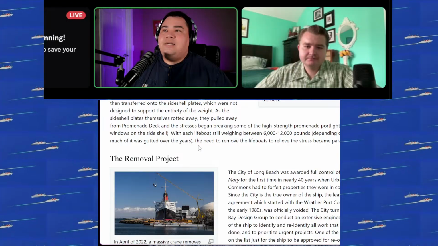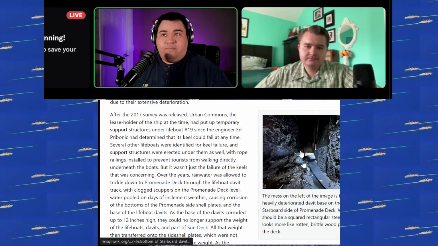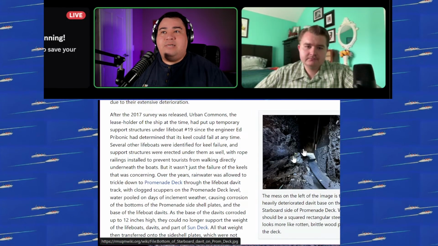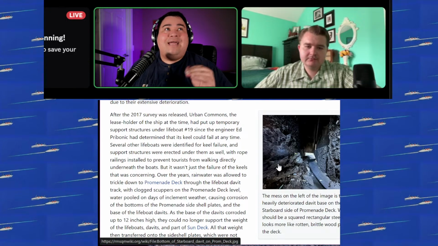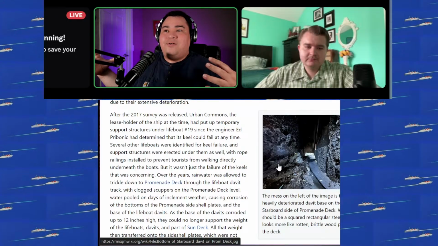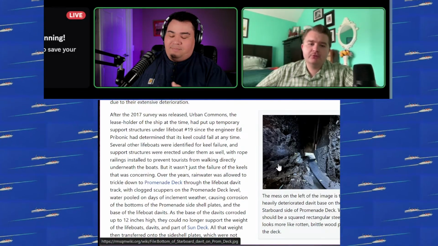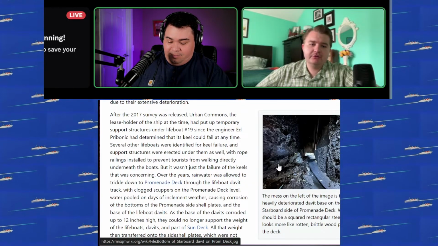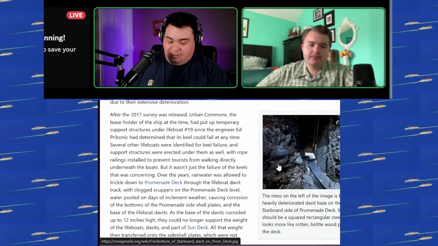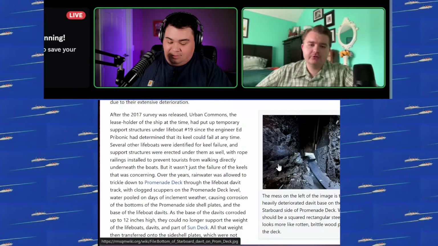A lot of people say, oh, they didn't need to remove those lifeboats. I'm like, well, here's the proof right here. This photograph is supposed to be the bottom of a davit, but there's nothing there. The base of the davit is so rusted and corroded, it's gone. There's nothing to support the lifeboat. Also, the interior was pretty much removed, and the keel would have experienced a lot of stress in the center. So that was one of their other concerns as well.